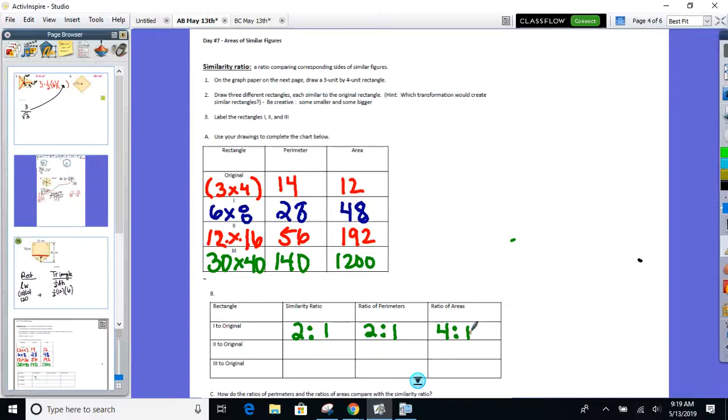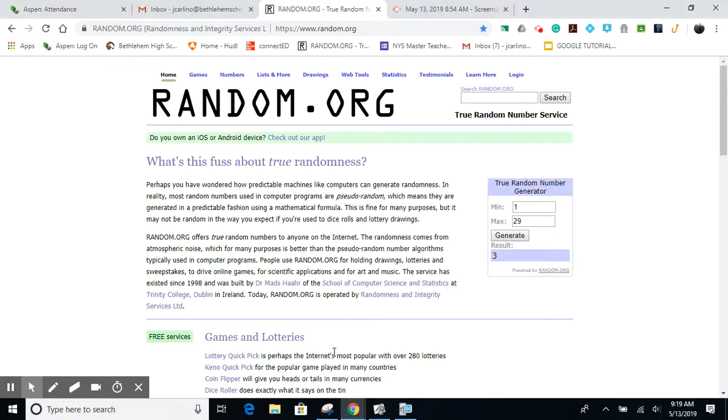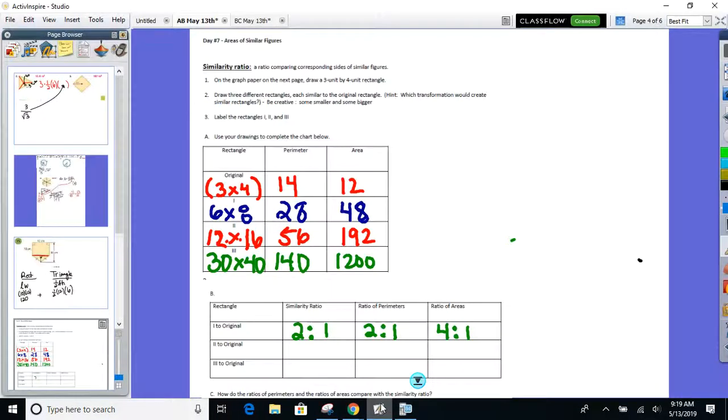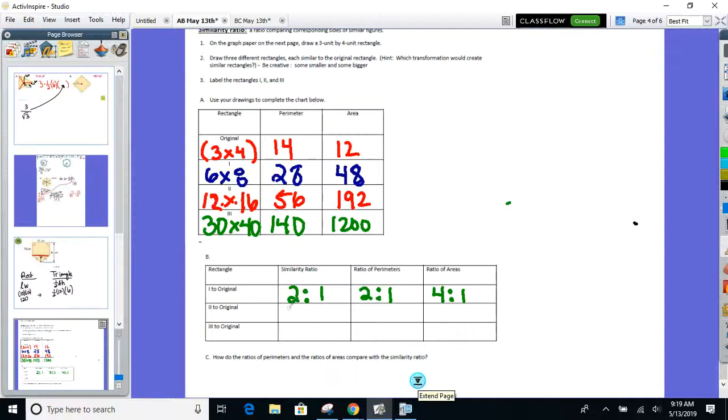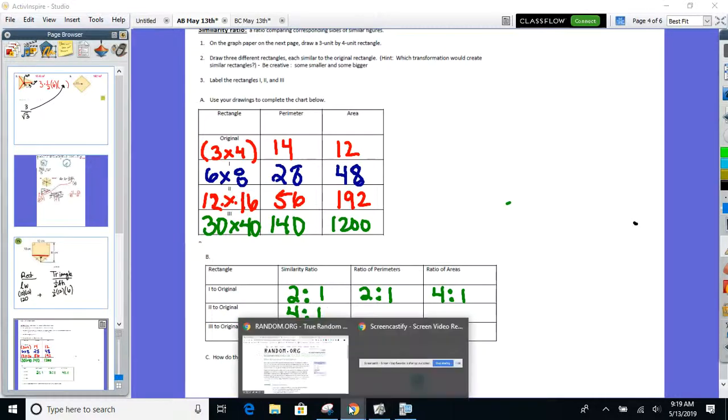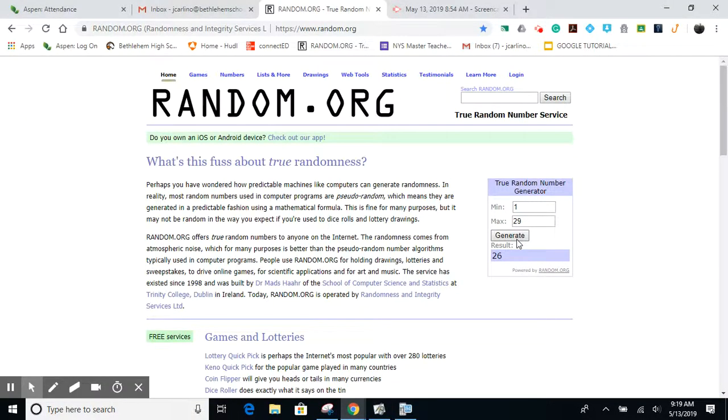Now everyone take number 2 to the original. What's my similarity ratio now from 2 to the original? What do you have for me? 4 to 1? Everyone go perimeter now. 56 to 14. 56 to 14 reduces down to